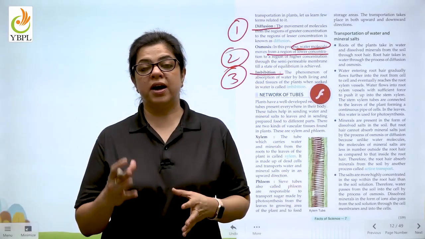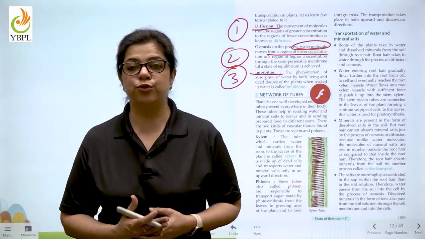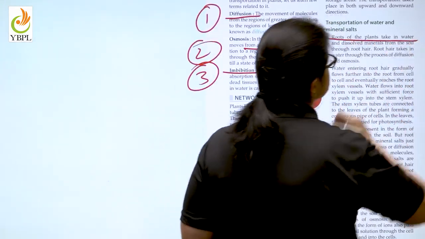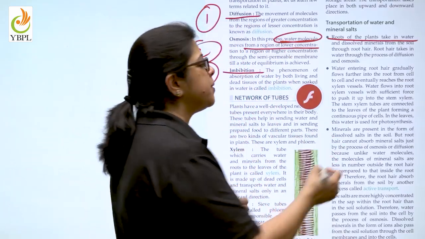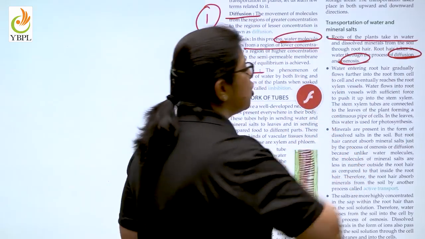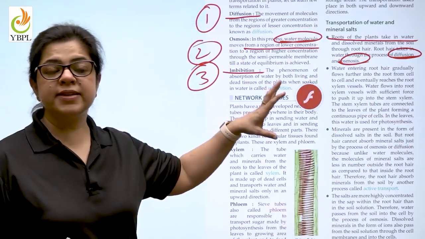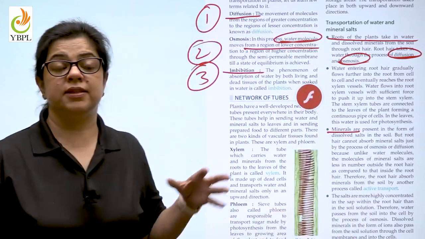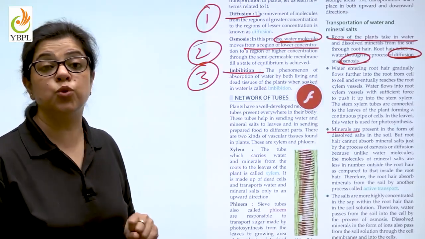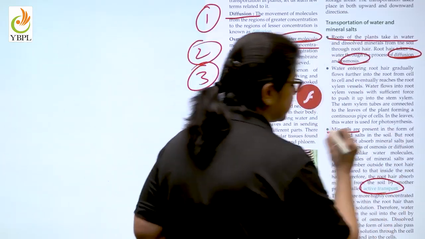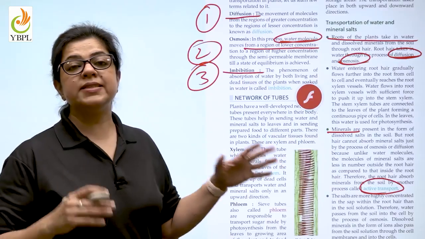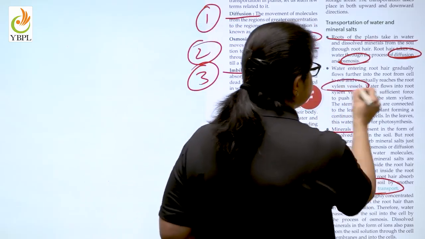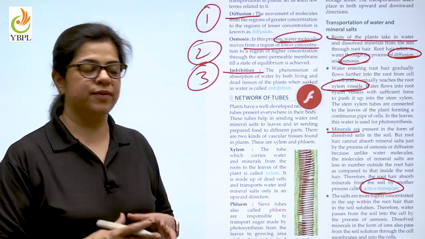Now, through this video, you have understood the function of xylem and phloem. Now, let's understand how this transportation is taking place. So, the roots of the plants are taking up water simply by the processes of diffusion and osmosis. Now, water is entering through these two processes, but how are the minerals entering? The minerals cannot be simply absorbed by the root hair. For them, active transportation is required. Once these minerals and water have been absorbed by the root hair, they are sent up to the xylem vessels.